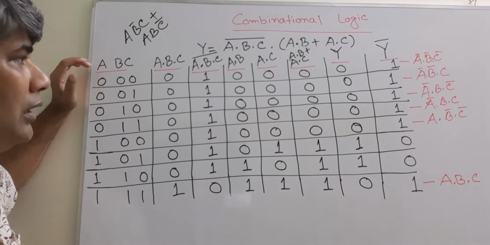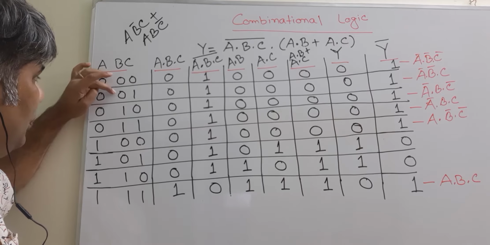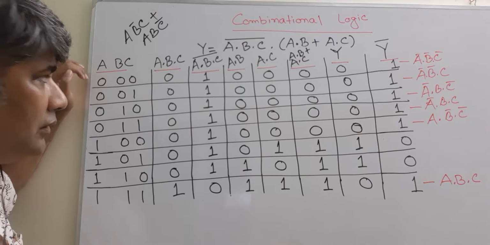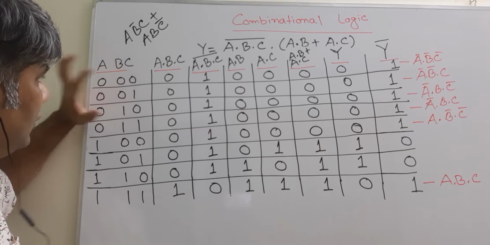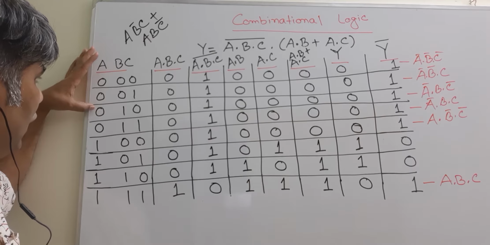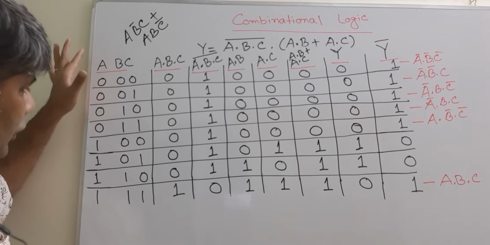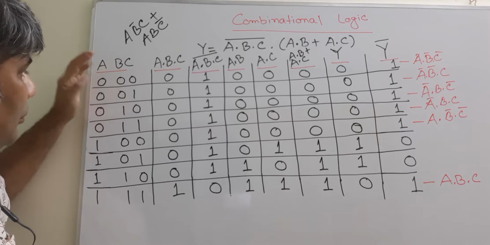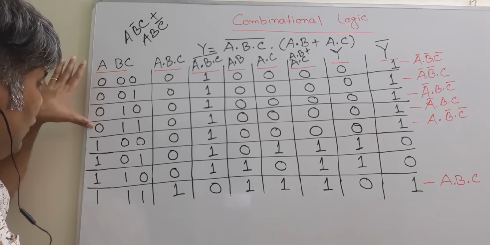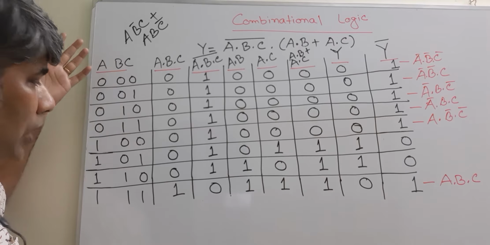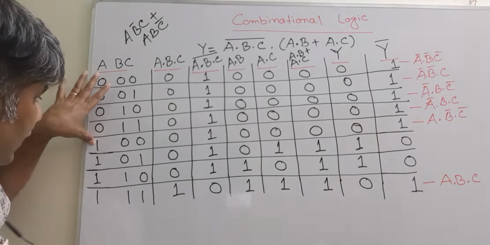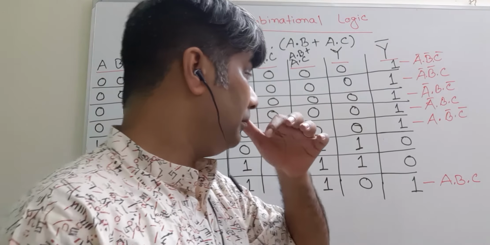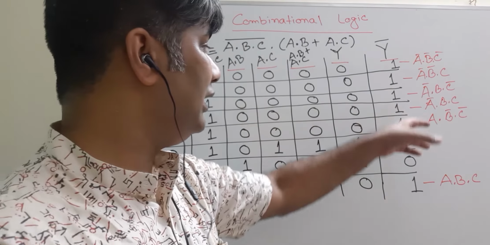Similarly, for the second one, you can see that a is 0, b is 0 and c is 1. So you just need to complement a and b, because c is already 1. For this one, you have to complement a, b is already 1, and you have to complement c, because c is 0. For this one, a, b and c are all 1. For this one, a is already 1, so you just have to complement these two, and this is how it works. I have written the form of the inputs for these individual ones.